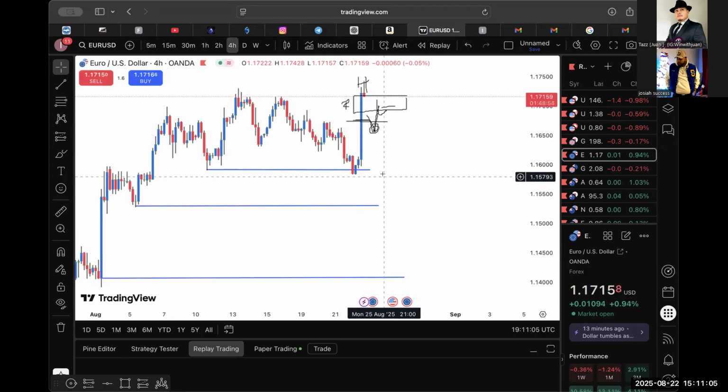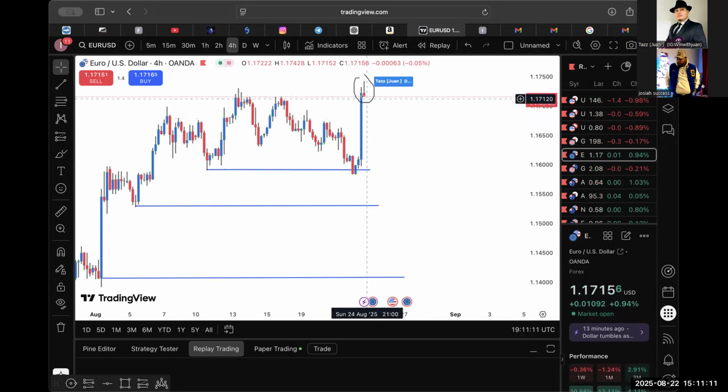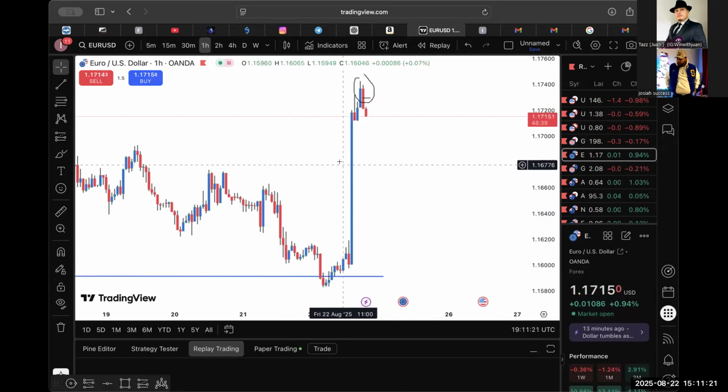I'm on the four now. The 4 hour is still just showing this. I know. You see? So if this closes like that, red, then you can go down to the 1 hour. Go back to the 1 hour. Boom. Now you see a baby head and shoulder. Now you're waiting. You see how price is pushing down now, right? You're waiting for it to push down and come back up around there.